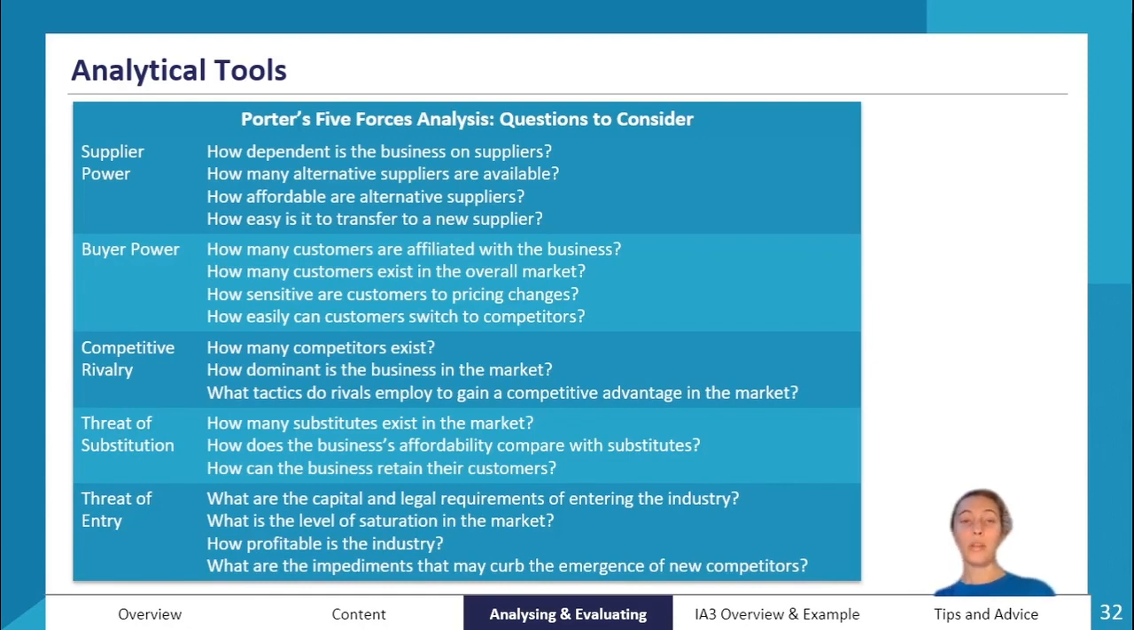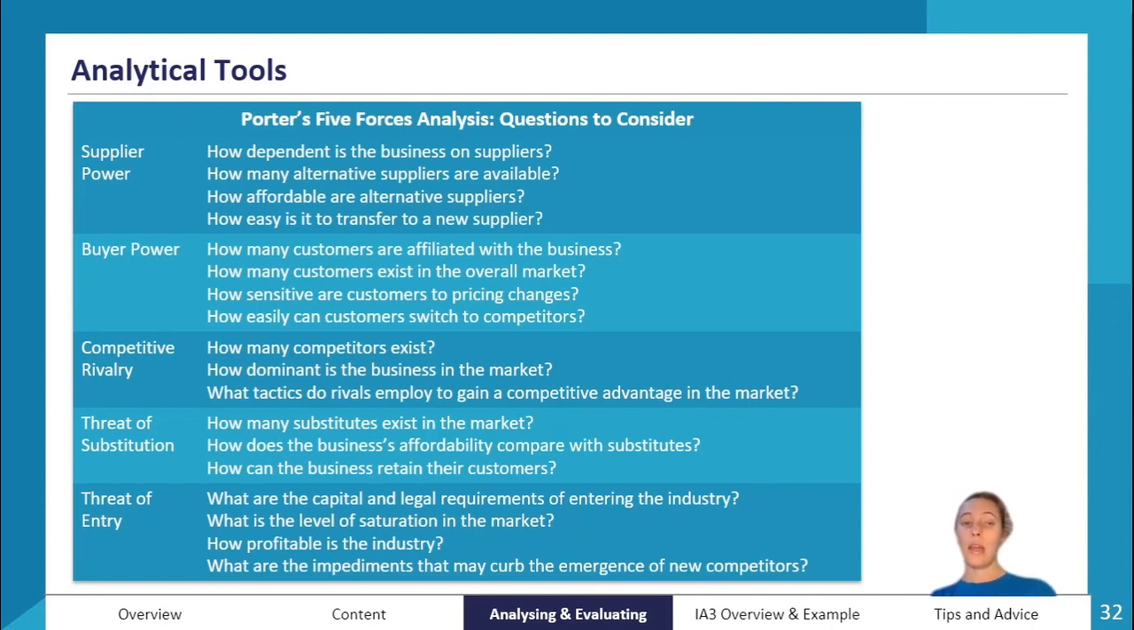So here are some questions that you can be asking for each of these different categories. For supplier power, how dependent is the business on suppliers? How many alternative suppliers are available? How affordable are those alternative suppliers? And how easy is it to transfer between